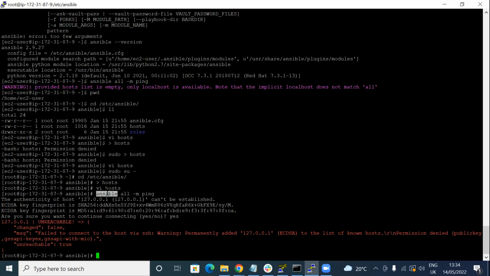Before that, let's understand what is there. Ansible is a command. All means all the servers which are there in your host file, or in this inventory file. Minus m stands for module, and ping is one of the modules. Ansible has a lot of different modules which we use. Those modules are only the libraries and methods which we use to perform operations